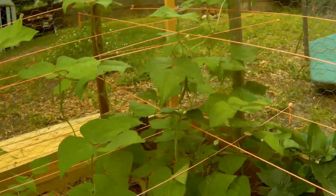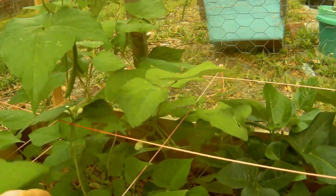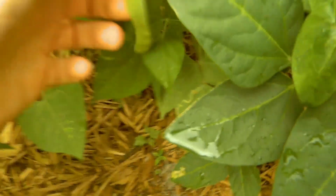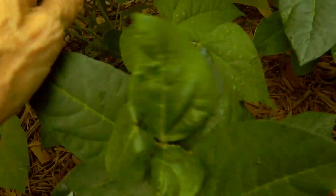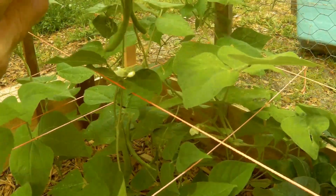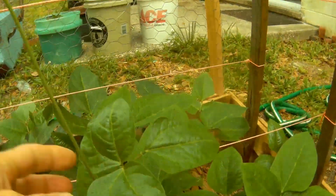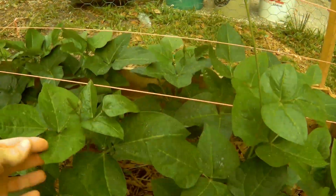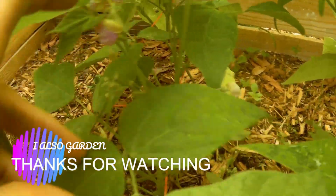So okay, it has decided to start raining on me, but I have discovered something that is absolutely crazy. Look at the size of these green beans. There's bigger ones down here. My plants have been grown from seed maybe a month and a week ago, and they're going crazy. And now you can tell by the sprout on the black-eyed peas that they're getting ready to produce fruit too. And these are already producing fruit, and